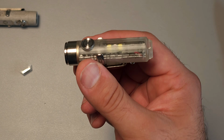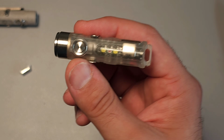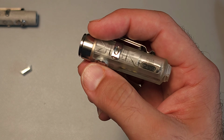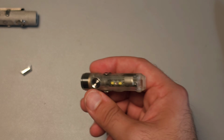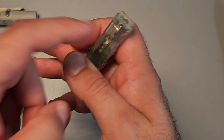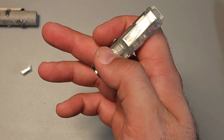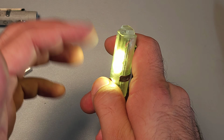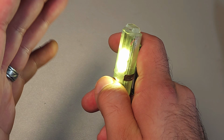Now this one, which has a clear body, is the A5. It's a little bit less expensive, which is why it's the one I probably recommend the most. There are, however, a couple others that do something different, but let's go through the side emitters, okay? So you triple press and you will get access to a 30 lumen warm white light, and